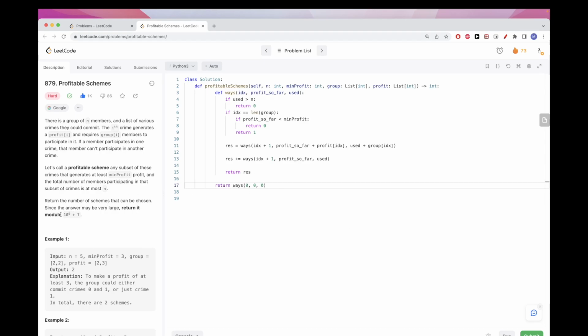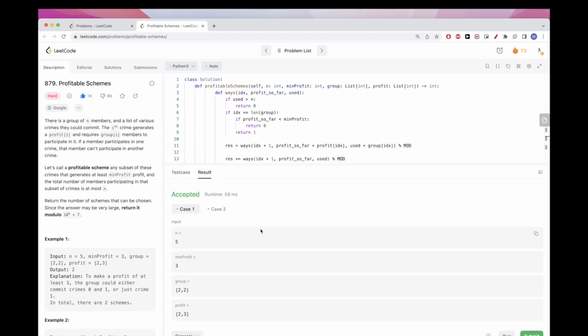The other thing we need is, of course, to use the mod here. So let's define the mod that we need: 10 to the power of 9 plus 7. Then we modulo it here, here, and here as well. And that should be it. Now, if we run this, it does pass on these couple of test cases, but it will